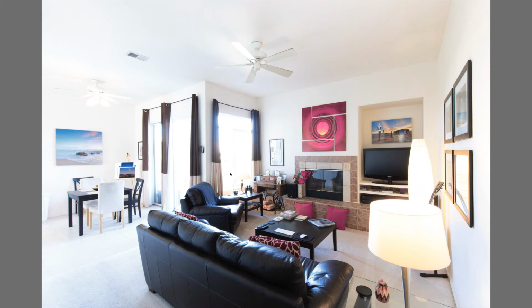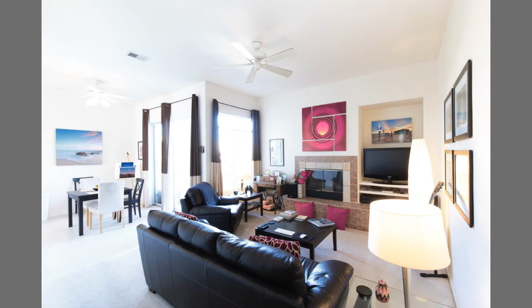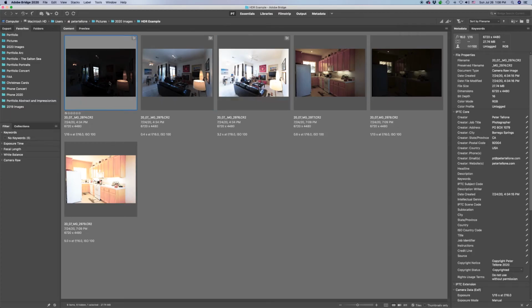So it might be a little bit, but what I'm really looking for is, do I have detail in these shadow areas? Back in here, do I have detail on the arm of the chair and sofa, and down into these areas? If you look back on this, you can see there's not a lot of detail in that area. So when I'm shooting a +3 shot, I'm looking for the detail in the shadows. That's what the program is going to pick up and place there. So I've got my 3 images shot here,